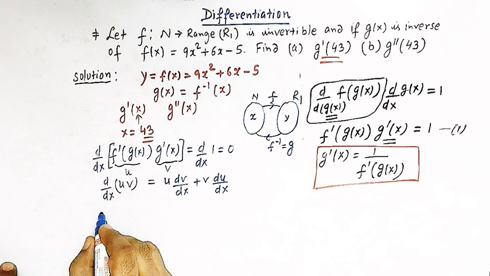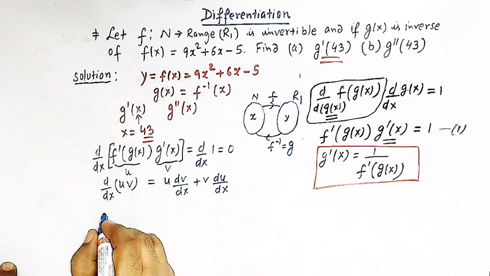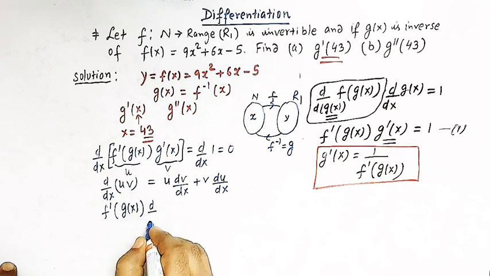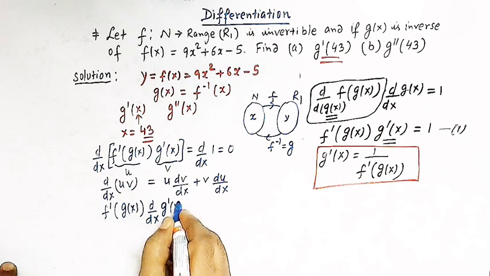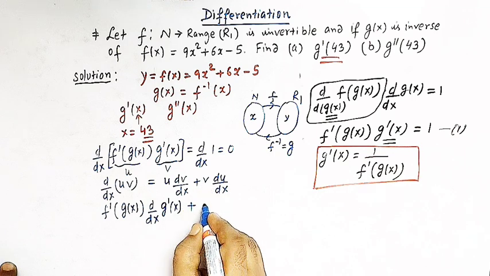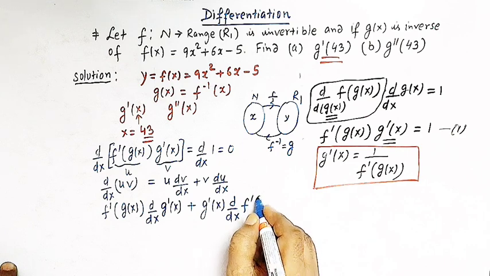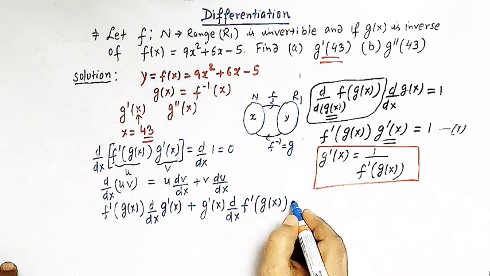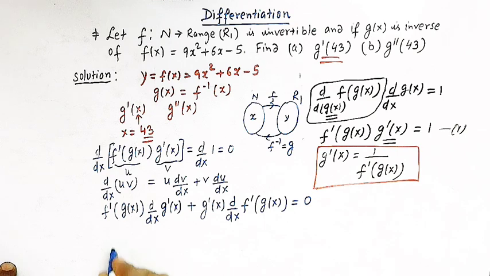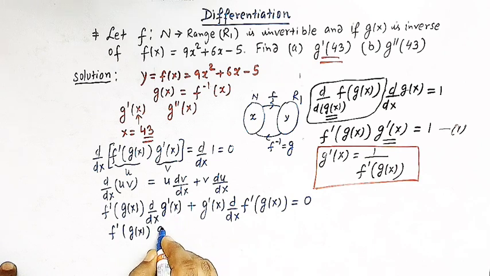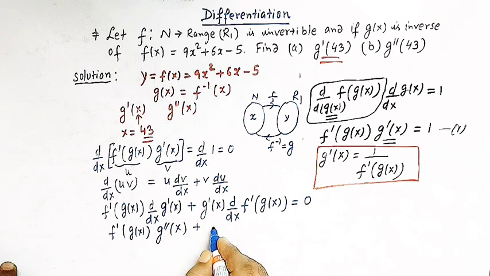So we can use the product rule for differentiation, and this is equal to u dv by dx, and here we have v and du over dx. Right, so here we can now use this result. So we have f prime of g of x, and then the derivative of g prime of x, plus v is g prime of x, and the derivative of f prime of g of x, and this is equal to 0. Right, so now we can write f prime of g of x, and here the derivative of g prime of x can be written as g double prime, because this is the second derivative, and then we have